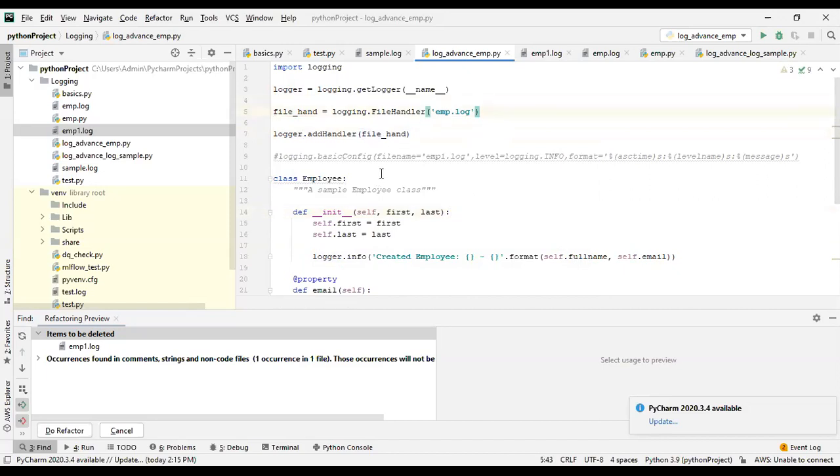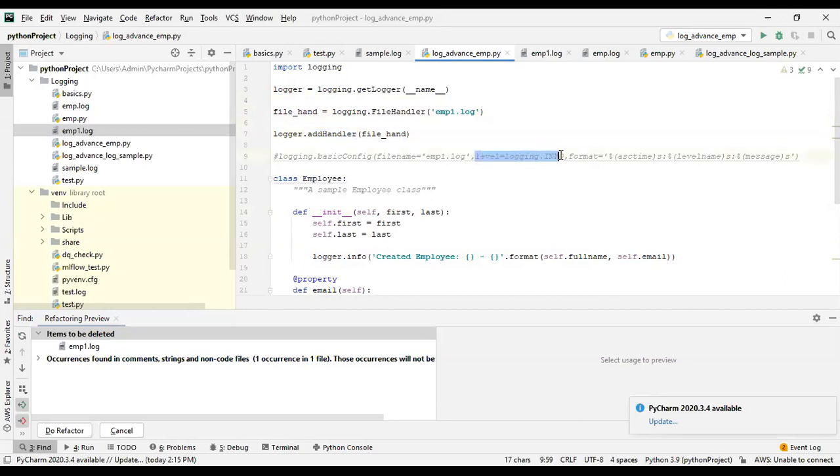Now, what I have done is I want to log the information into a different file, emp1.log, and I have added this file handler to the logger.